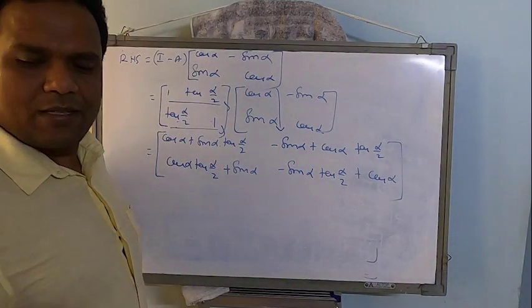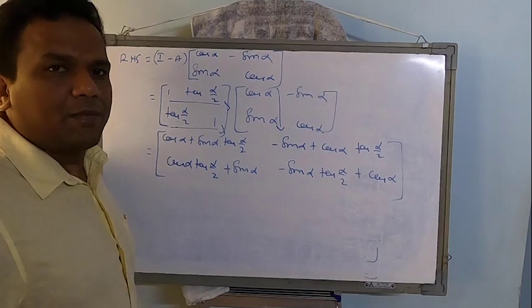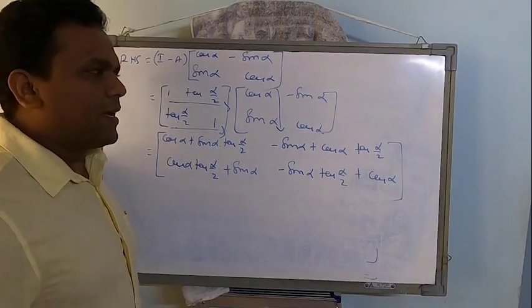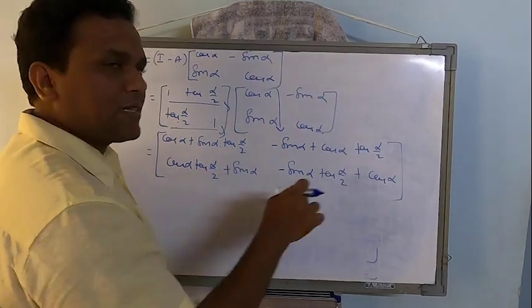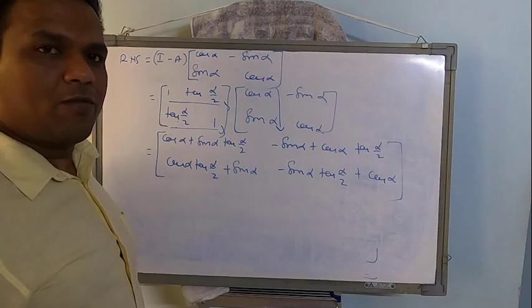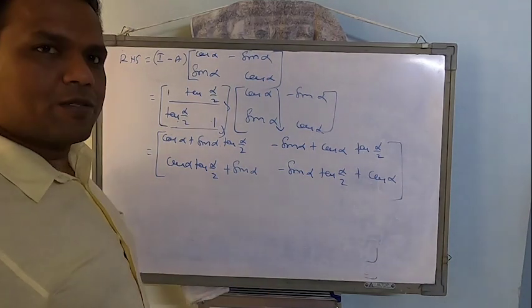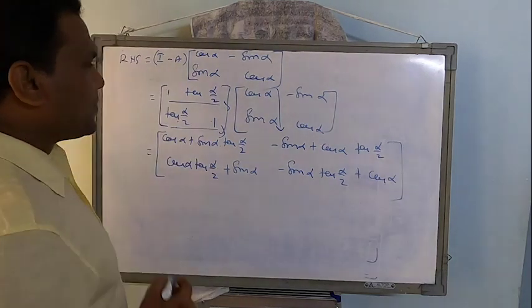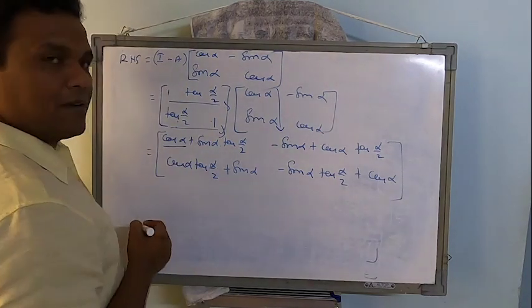Remember students, my left hand side values are already in terms of submultiples. So the concept is, whatever I have here, except this tan alpha by 2, we have something called sin and cos, right? All these things should be reduced by using submultiple angle formulas. But which one should be used? That depends on my tan alpha by 2. Clear?